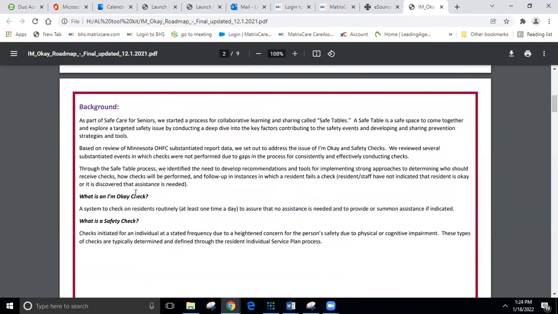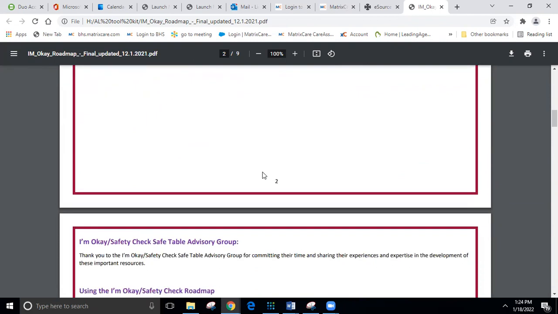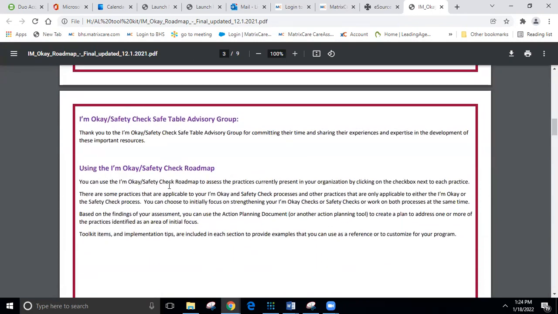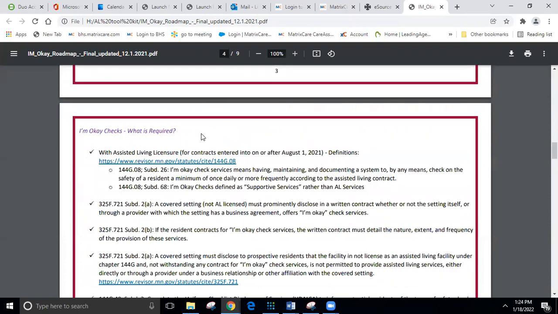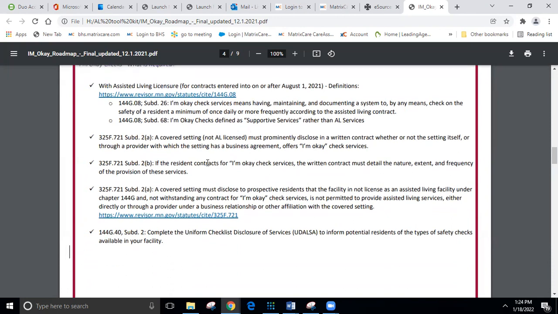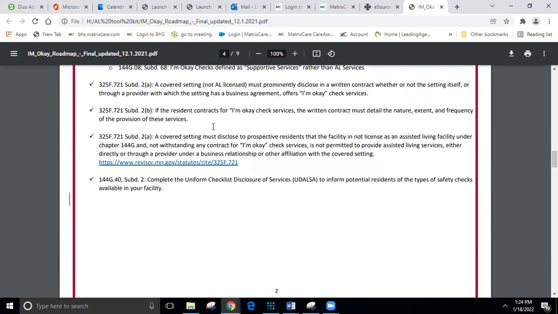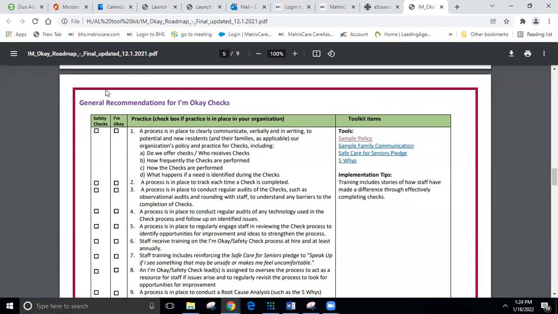It covers what an I'm okay check is, and having a system. What is a safety check? And it talks about your role as a community to have these completed. I'll send this out so you can look at it, but it's got the statutes on what it's defined as. It's really a nice little thing, but this is what I like, the general recommendations for an I'm okay